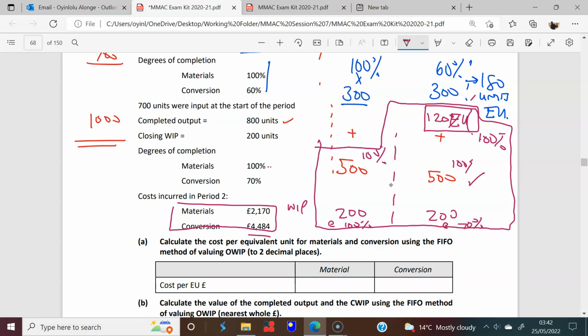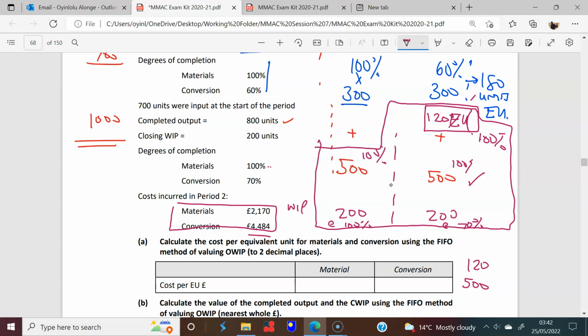When we poured in this conversion energy of 4484, we did three things. We completed the opening inventory, so we completed the 120 equivalent units to bring those up to the full 300. We completed the 500 complete units, of course, in the process. But I'm just interested for now in calculating the cost of an equivalent unit of what we've spent during the process, right? Because we're not mixing the products. It's important to highlight that. This just goes in and completes this,